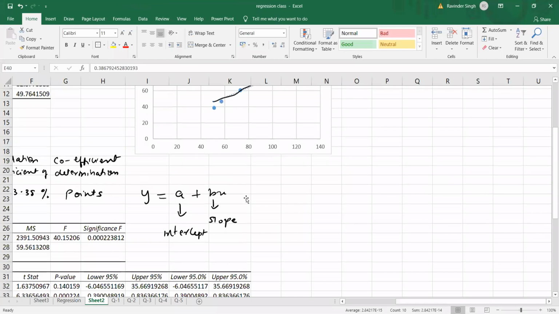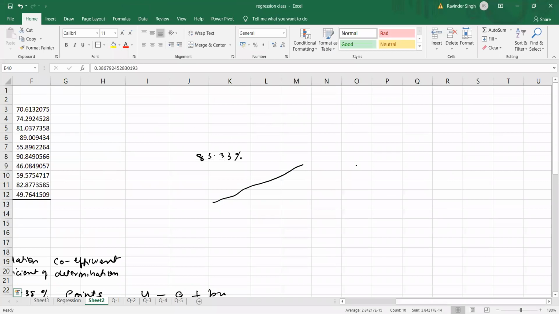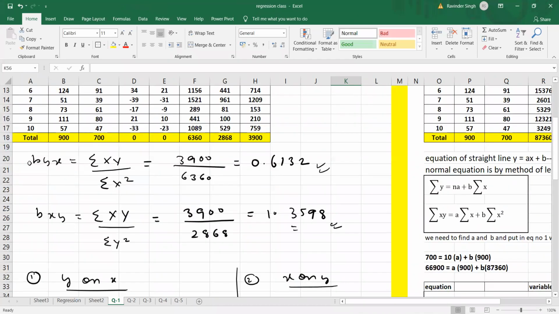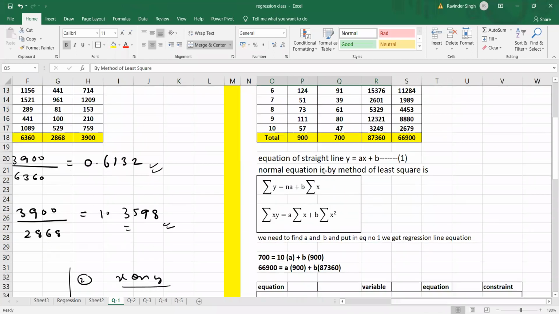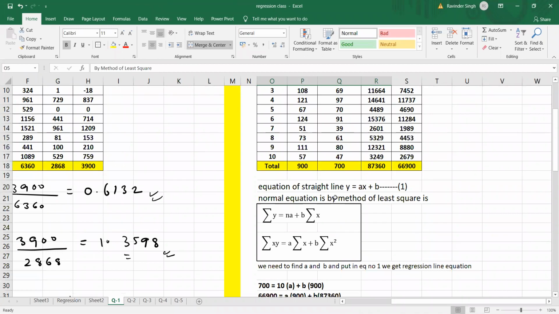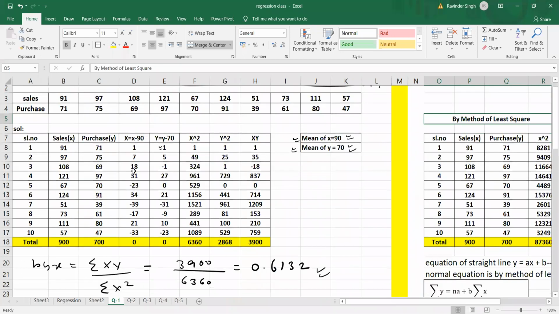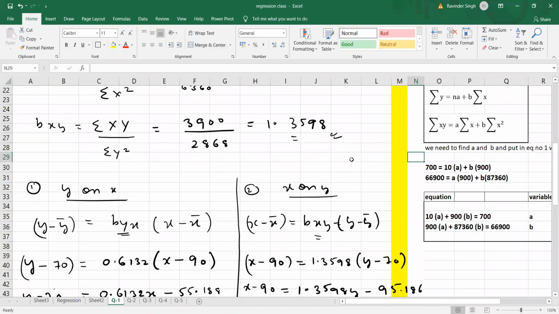So this is all about the regression coefficient by the Excel sheet, what we do. And in the examination, you have to follow this set of parameters only. But for the same data, I have another method which we call the method of least squares. That also I will discuss here, and then after that we'll wind up. This is also one method which the majority of textbooks use, but for you, you have to use this method only in the examination. I will tell you the drawback of the right hand side method and the advantage of the left hand side method in a while.